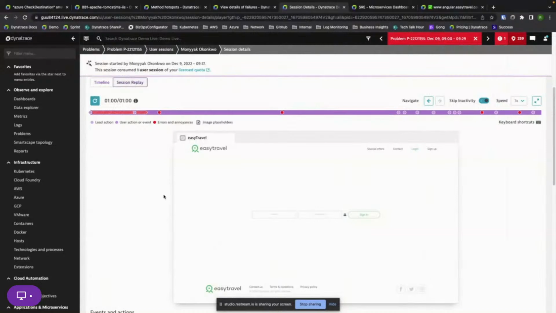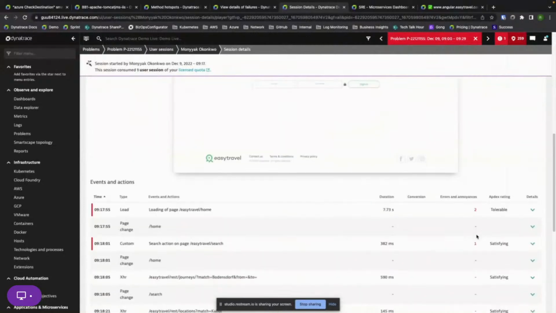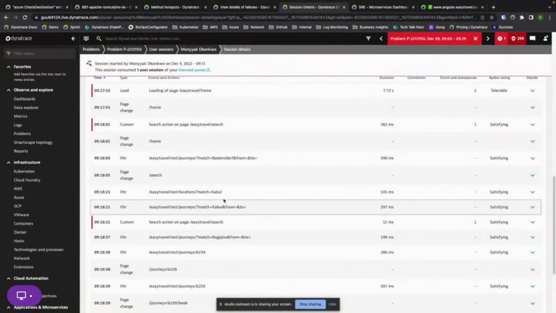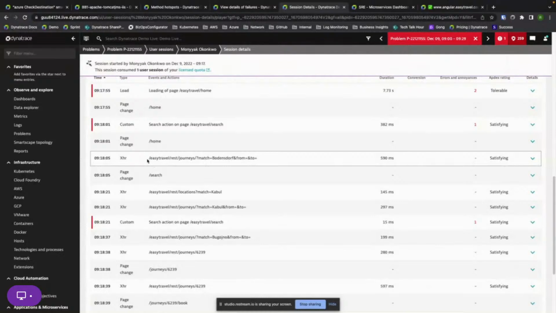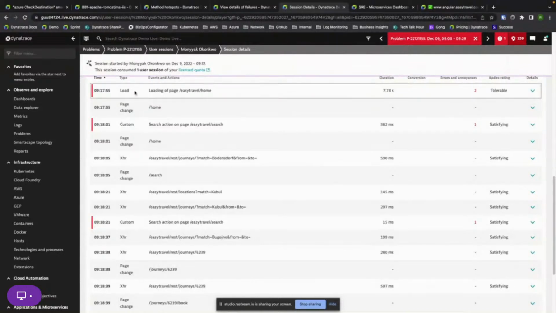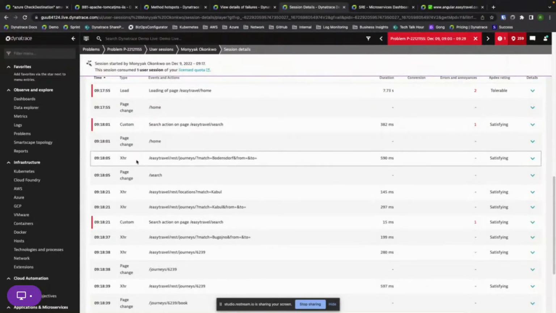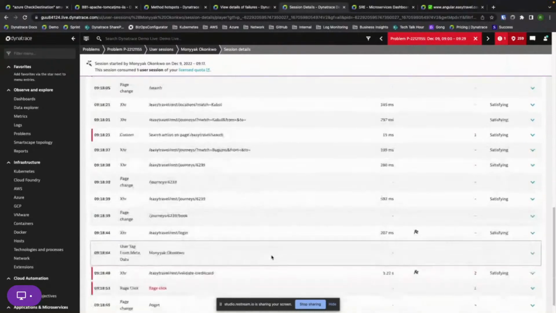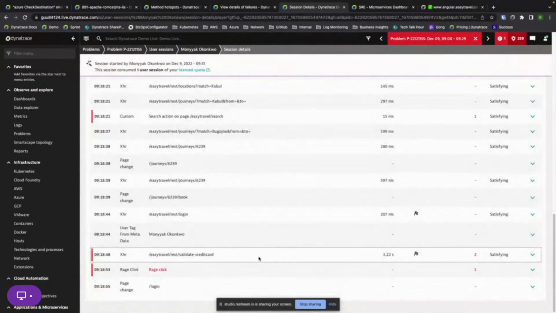That's where with real user monitoring, we can actually get down to that individual action. So with Dynatrace, we can see the individual page loads as well as the XHR actions. So when you have dynamic JavaScript that's firing off requests to other things, Dynatrace can automatically monitor those. But if we keep scrolling a little bit, we can see that the step that they had the issue with was on the validation of the credit card. And this is where